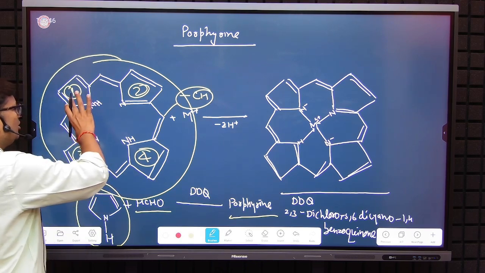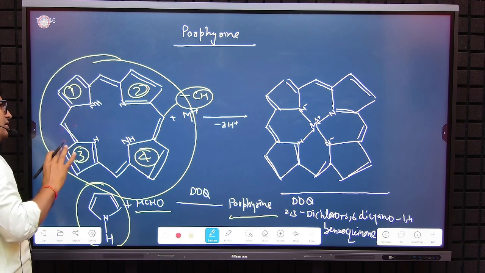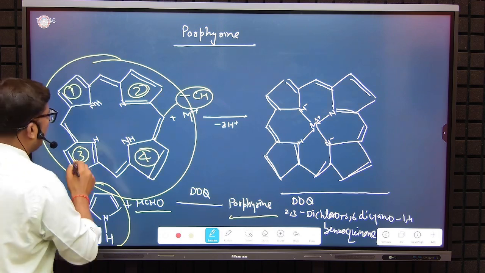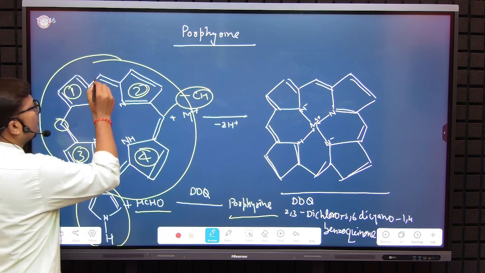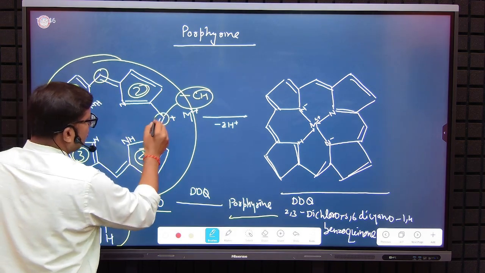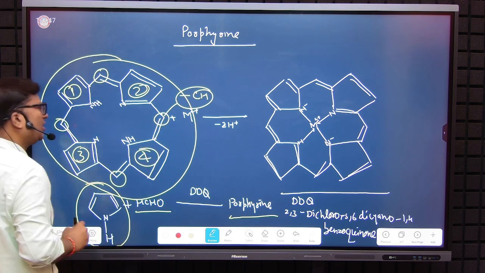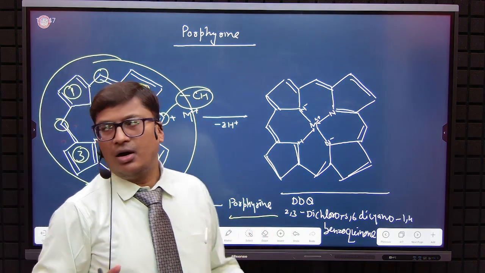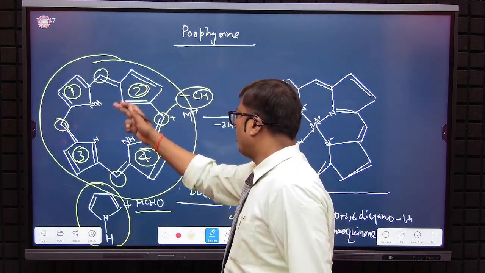It means 2 pyrrole rings are bridged with a CH group, right? So here this is your CH group, this is your CH group, this is your CH group, and this is also a CH group. So 4 pyrrole units are condensed to form such a